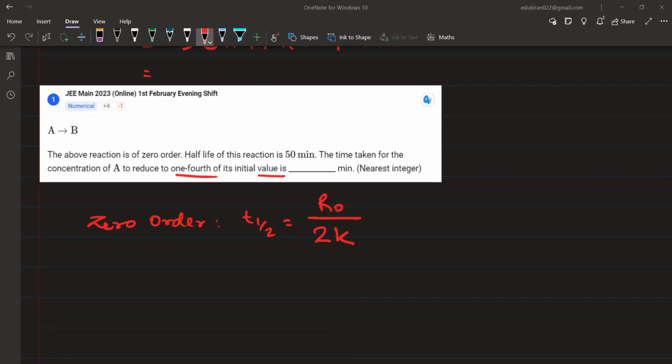Tell me what is the equation for zero order? time के हिसाब से बताइए, because time calculate करना है. Time is equal to,